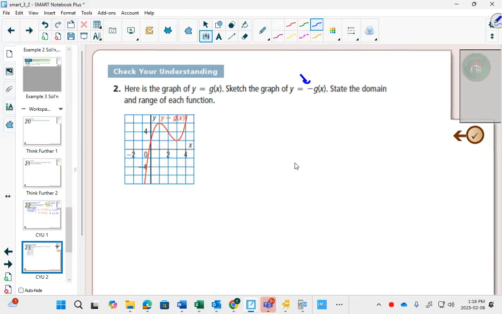So I noticed that that negative there is outside. Anything that's outside the function is vertical. So if we think about this reflection, it is flipping over the x-axis. It is a vertical reflection. So that means I can take some of these points that were on my original graph, those look like key points, flip them,